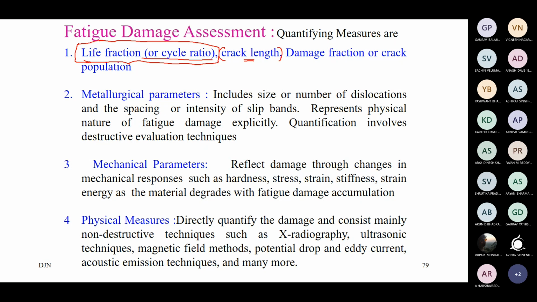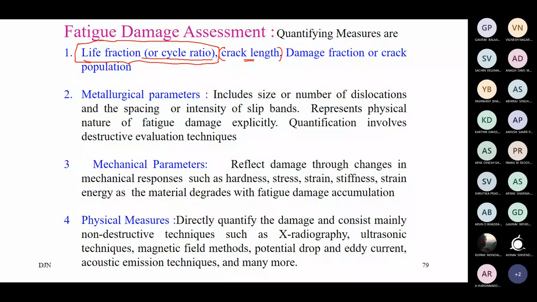These devices are also very complex and cannot be implemented on a practical component. You cannot mount a metallurgical parameter estimating device on an engine or a running car, or on a machine tool at the tool tip or on the workpiece being machined. Every time, to do the metallurgical analysis, you may have to prepare the samples in a particular way, so this is not very practical